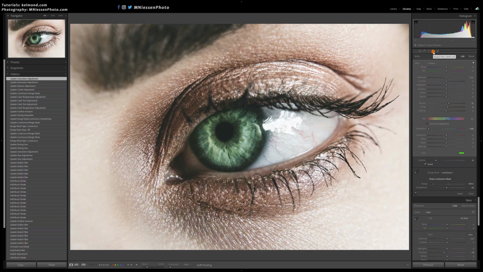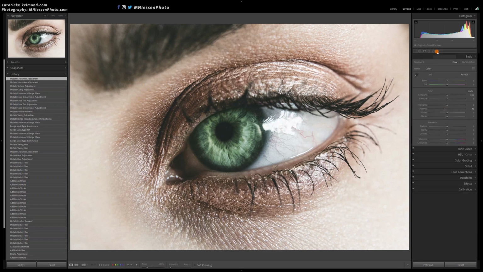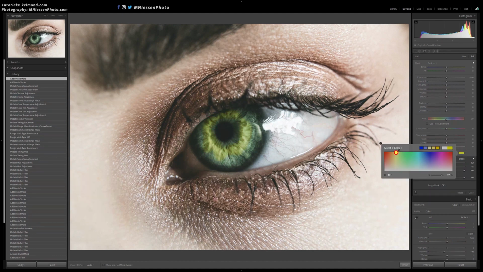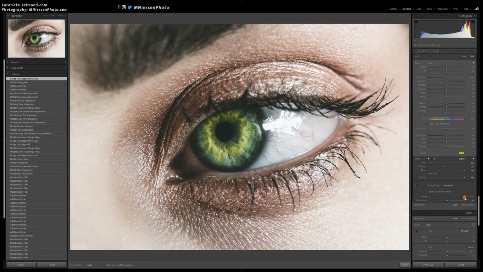And since often the inside of the iris is colored a bit differently, that's the area on which I will create a mask. It doesn't have to be extremely precise. Pick the color, add a range mask, and then you refine as needed. Once again, the effect is very subtle, but I think it gives this extra detail that makes it look really natural.